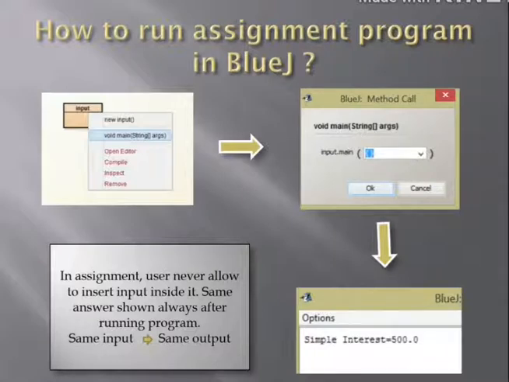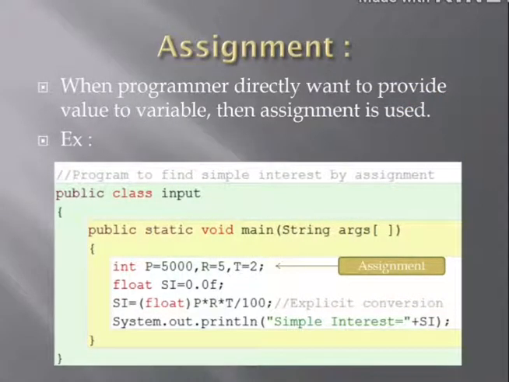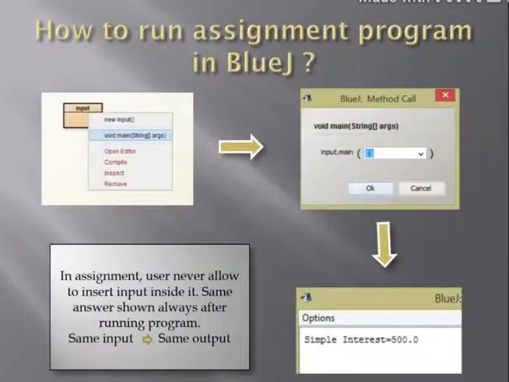What you have to remember is that in assignment, the user is never allowed to input. We are providing input directly. Who is providing input? The programmer. That's why in assignment, user and programmer are different persons. If I am creating a program, then I am a programmer.